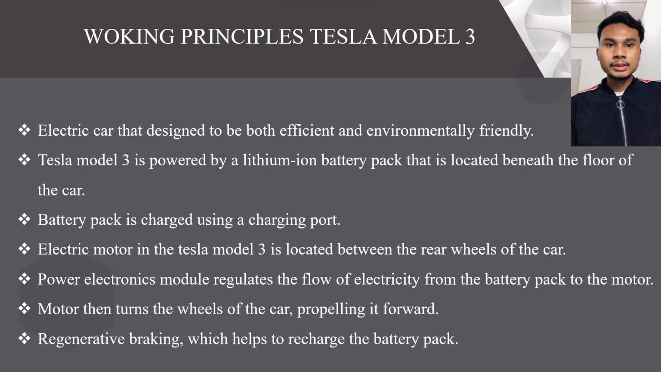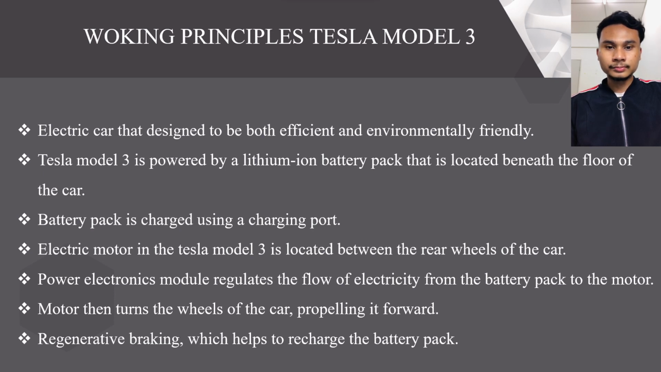The battery pack is charged using a charging port that is located on the side of the car. The electric motor in the Tesla Model 3 is located between the rear wheels of the car. The motor is connected to the battery pack and is controlled by a power electronics module. The power electronics module regulates the flow of electricity from the battery pack to the motor, controlling the speed and